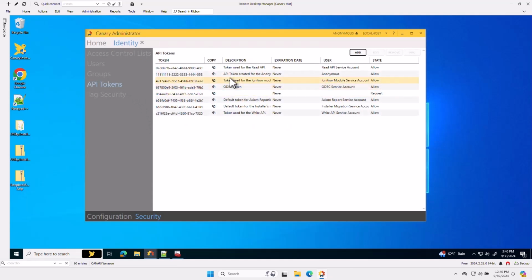It comes with the system, so we're going to use this default token for Axiom reporting. We're going to use this for both the view service and the Axiom service on the other server. There really isn't a need to create a token for each one. So I'm going to copy this, but then we also need to add this user, this Axiom report service account,